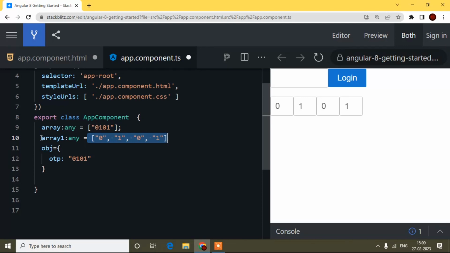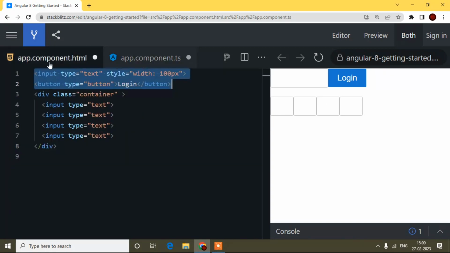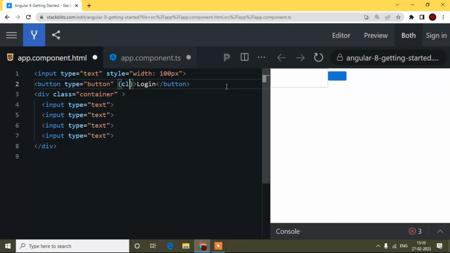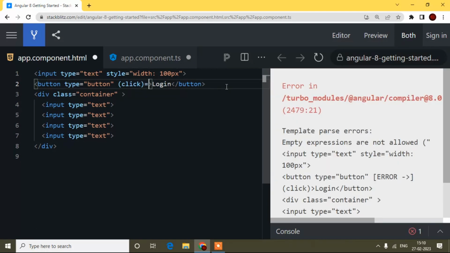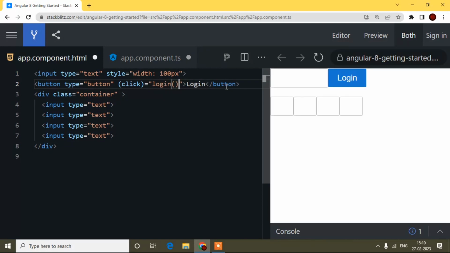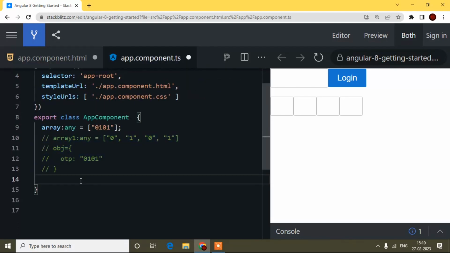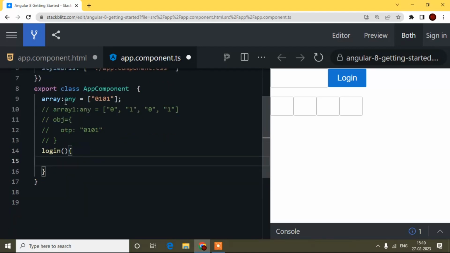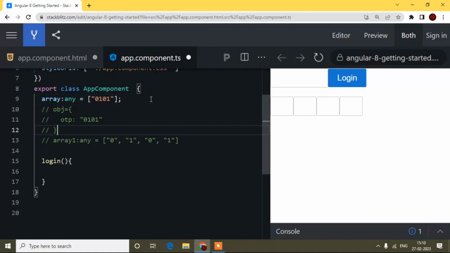So let's see. I will comment this out, and I will just write one click method, because after clicking the login button, I will fetch this API, I mean the OTP, right? So here I will write the method name login, and I will copy this login method and paste it here, like this. And after that, the first priority will be this one I will put here. It will be easy to understand. Our first priority is that I have to convert this thing like that.